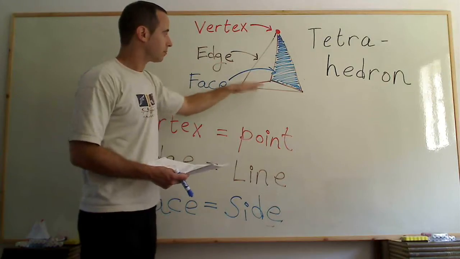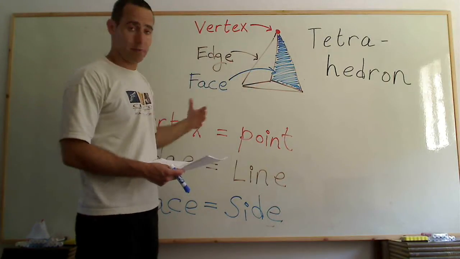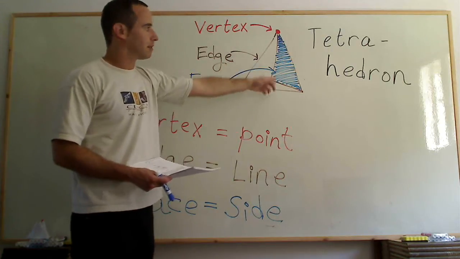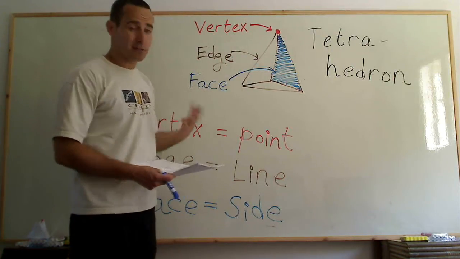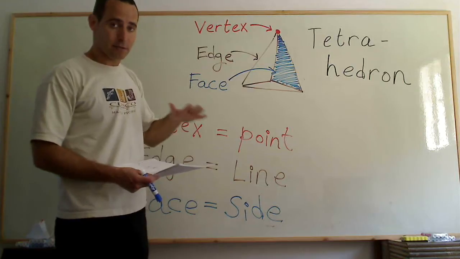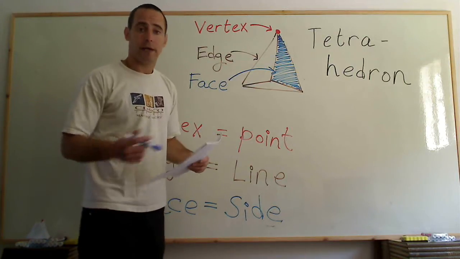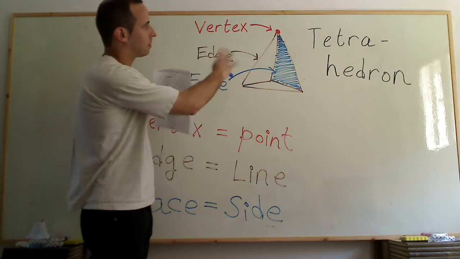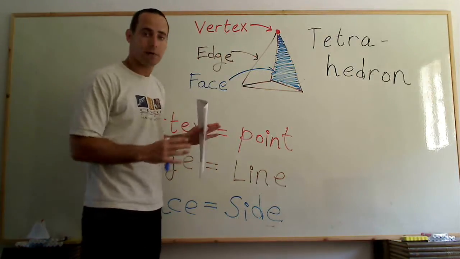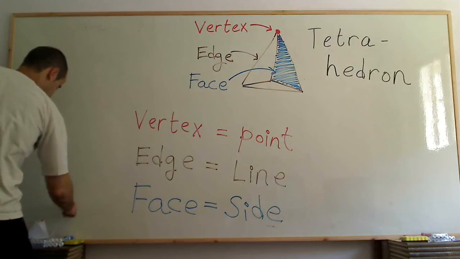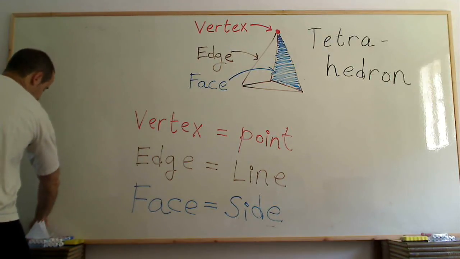If we say edge, we mean a line. And face is each one of the sides of the shape. Like in a, let's draw one so that you wouldn't think only about the tetrahedron. If we have a cube,